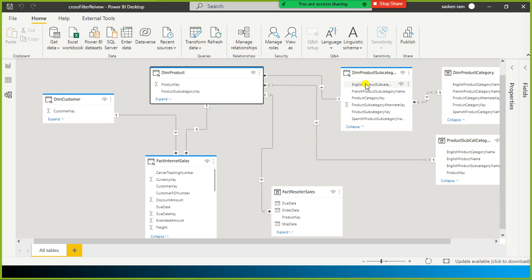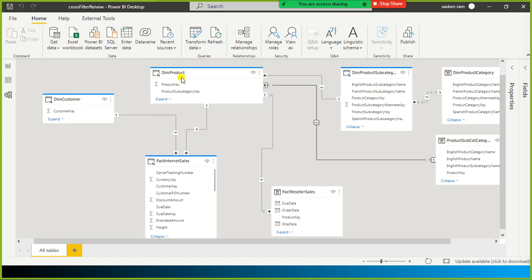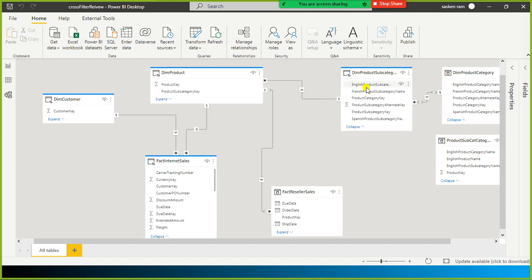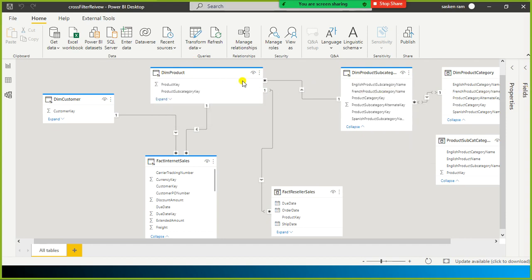Instead of storing the product subcategory and category in a single table, they normalized them into three different tables. In fact, the product table got normalized into three different tables. So they stored the subcategories in a separate dimension. Similarly, category also they stored in a separate dimension table.